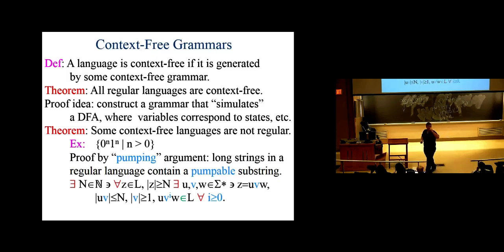Question? In that logic mess there, on the right side, first line, where the z equals uvw, shouldn't the v have an i multiplier in it? Well, all we're doing here is breaking up the string z into 3 parts so we can call them something. So all this says is, the first part of z we'll call u, the second part of z we'll call v, the third part we'll call w, and then we can refer to the 3. Well, right. The important part here is that v is the part that's repeated, right? Yes. So then you should say that there could be any number of repeats in there,